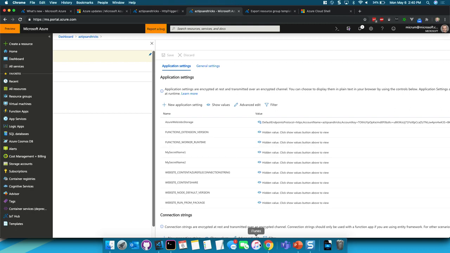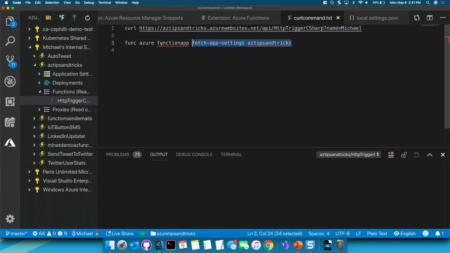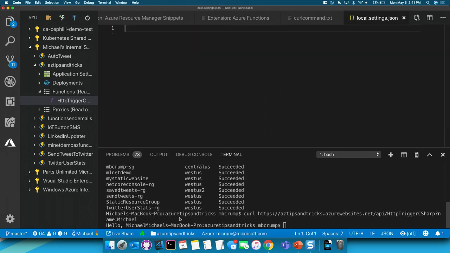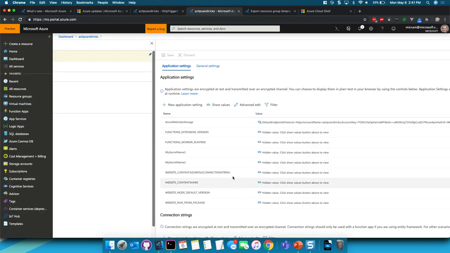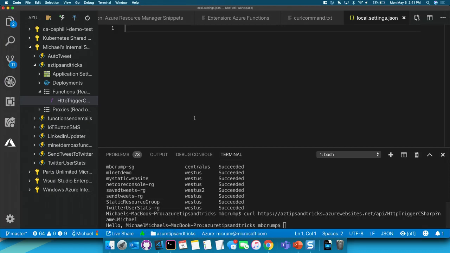If you install the Azure Functions Core Tools, you can pull that down pretty quickly. So if I go back to my commands here, I'm going to use the command func azure functionapp fetch-app-settings and then just the name of the resource. Again, back over in the terminal, in this application I've got a couple of secrets. I'm just pretending like I don't have anything in here at all. So I've got my secret name 1, my secret name 2, and if I come in here and run this,